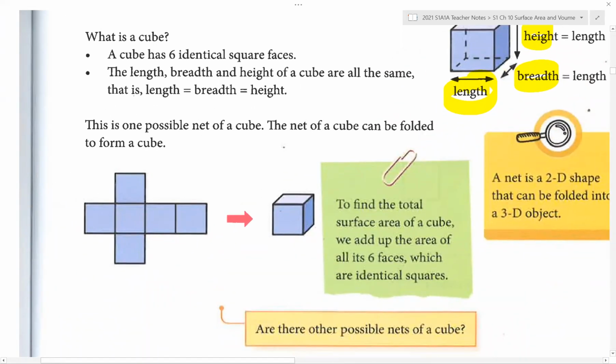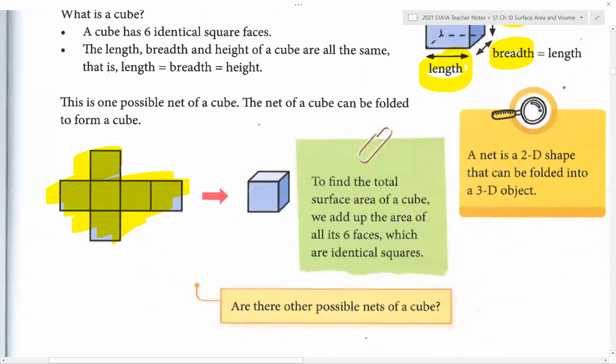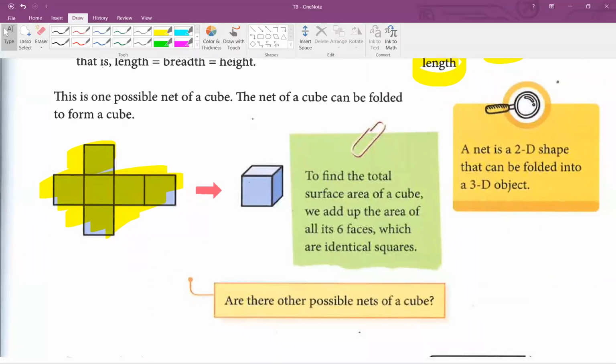That is an example. Now, if you open up the dice, there are 6 squares, isn't it? You can open it up to look like this. There are other combinations that you can see for a net. For example,